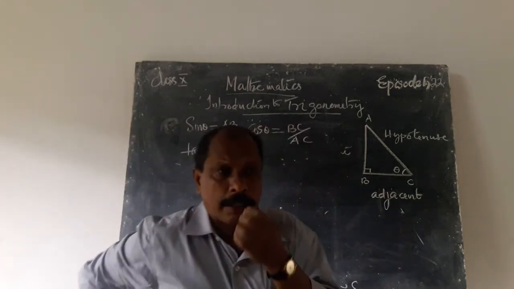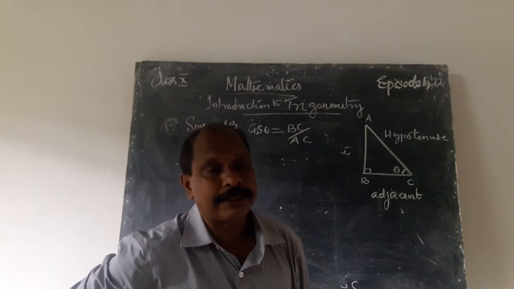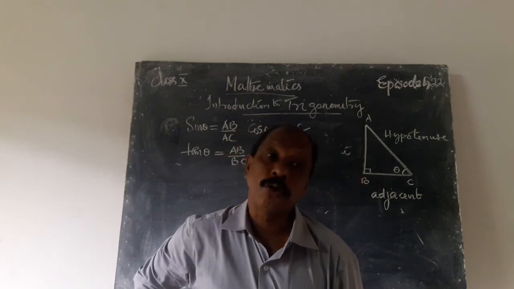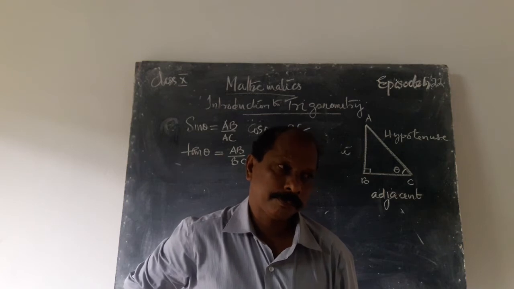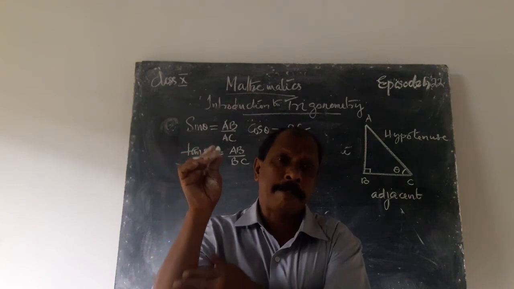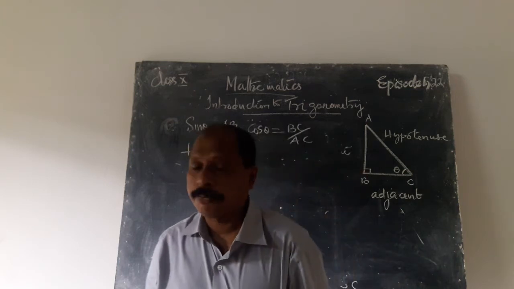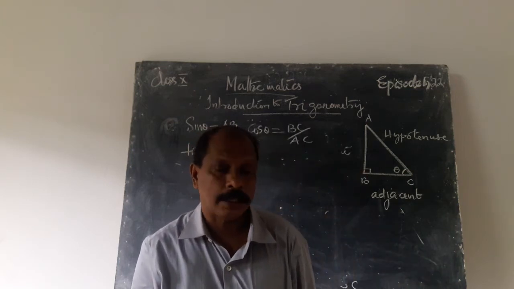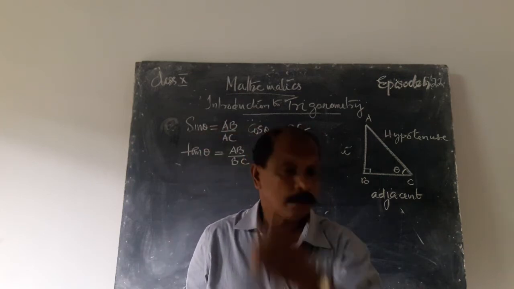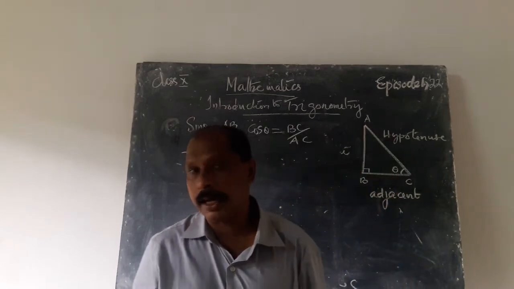What is a reciprocal? Reciprocal means the numerator and the denominator interchange, we get the reciprocal. That is, 5 by 2 is a rational number, then 2 by 5 is the reciprocal. What is the additive inverse? 5 is a number, any number adding with the 5 we get 0 because 0 is the additive identity. Therefore, that second number is known as the additive inverse of the first. For example, 5 plus minus 5 is equal to 0. Therefore, minus 5 is the additive inverse of 5 because 0 is the additive identity.